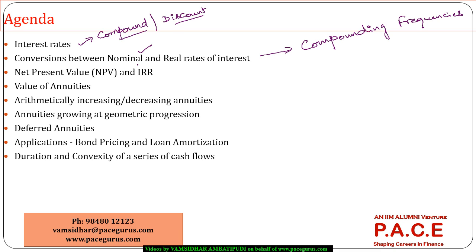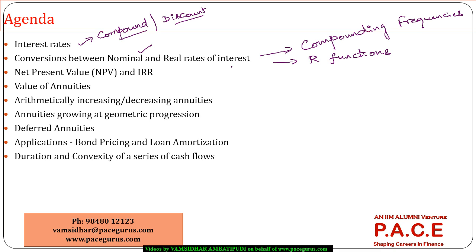Then what is the nominal rate of interest and what is the real rate of interest in that case? How do I convert from the nominal rate to a real rate and vice versa? Do I have any kind of R functions that are directly available for converting from a nominal rate to a